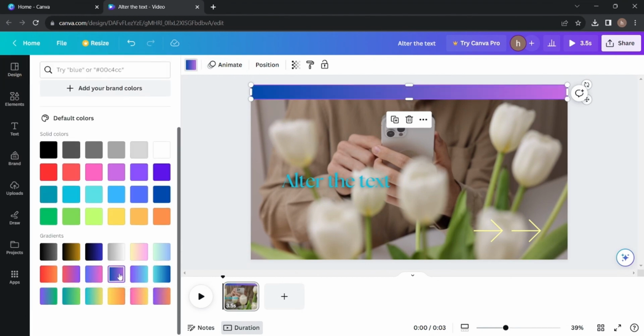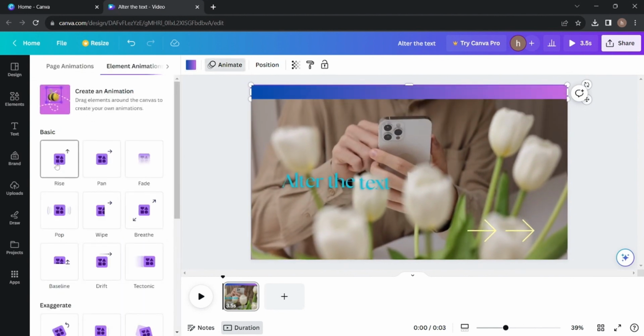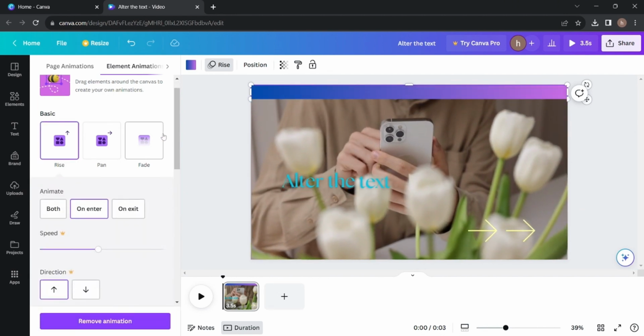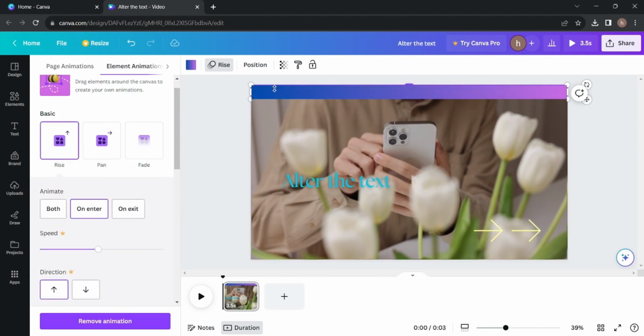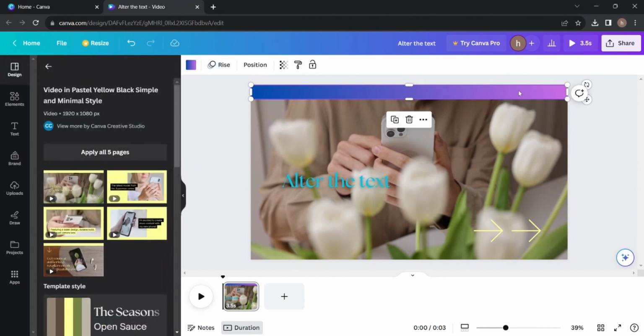Maybe you want to put in something like this, or you can click on animate and you have all kinds of animations. Let's say we go for the rise. You see it has a little rise on it, and after you're done and you're satisfied with the video,